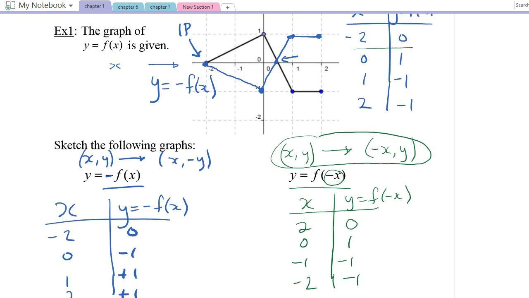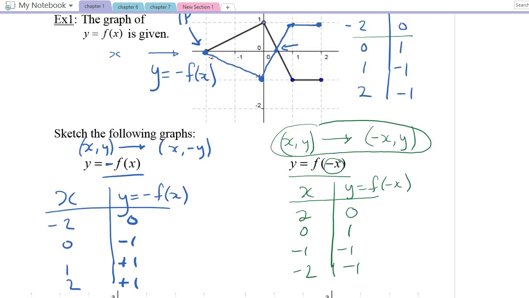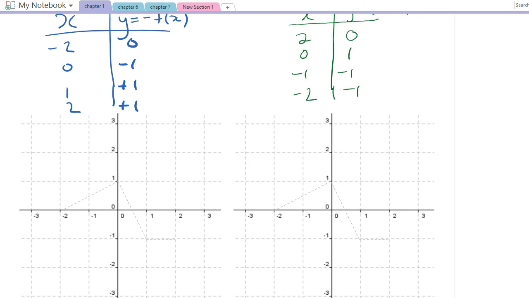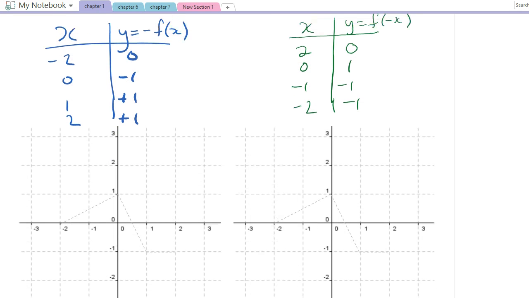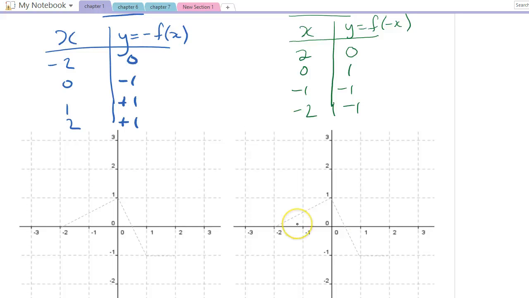So now when I graph this, oh, I was supposed to graph it down here. Okay, oops, so I'll graph it on this bottom one over here. My x value is 2 and my y value is 0. My x value is 0 and my y value is 1. My x value is -1 and y is -1, and -2 comma -1. So now when I draw that,